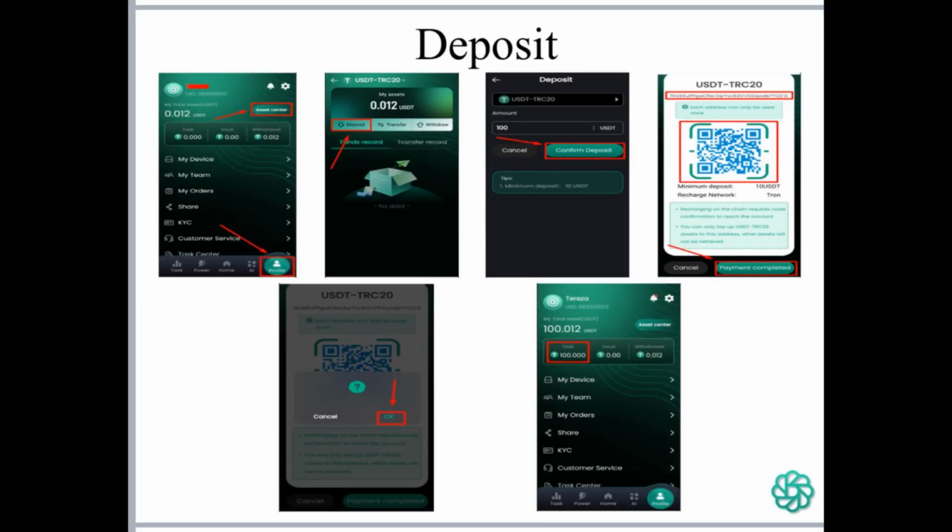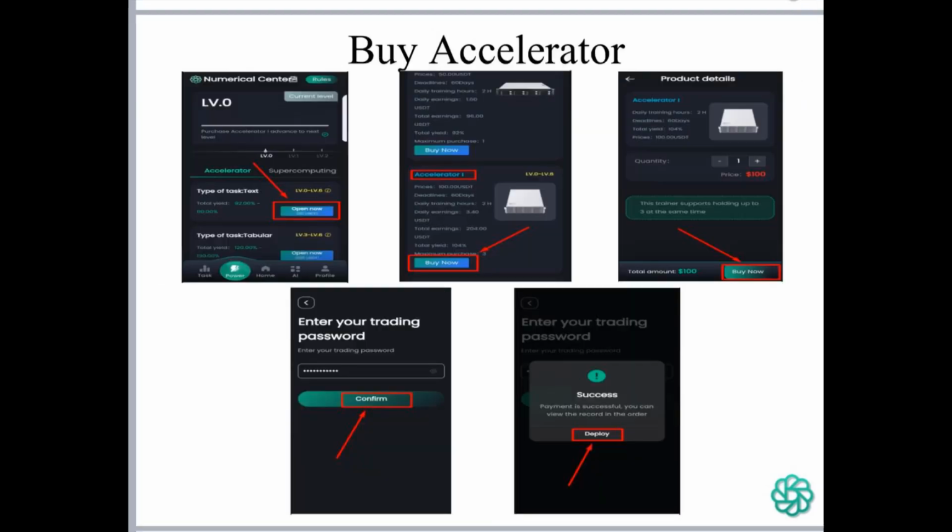So the first thing to do is click on Asset Center, click on Deposit 100 USDT, and you will receive an address where to send the money. When you finish payment, the money will show up in your account. Once you finish the deposit,